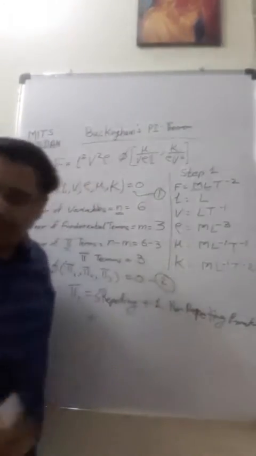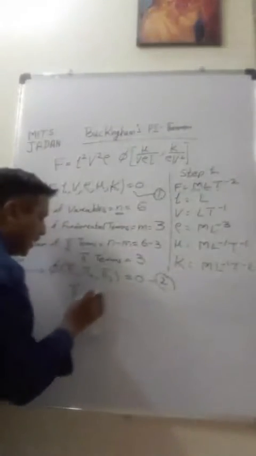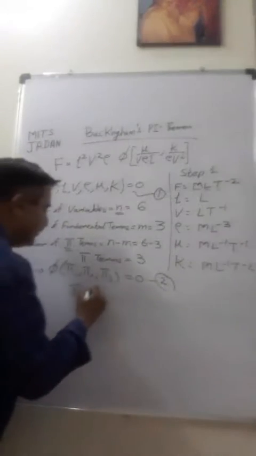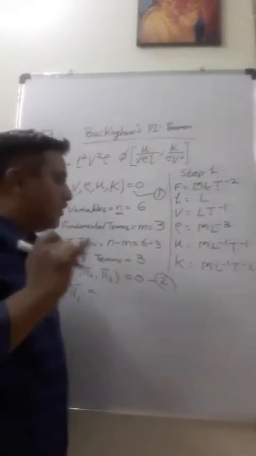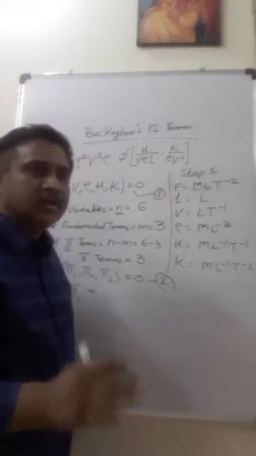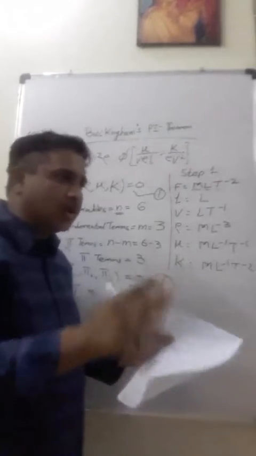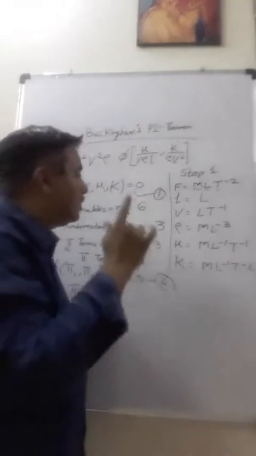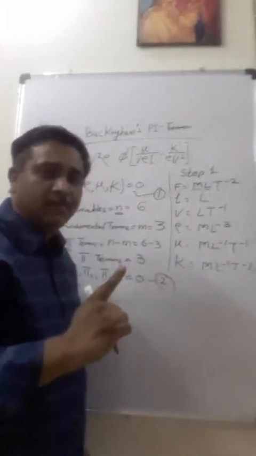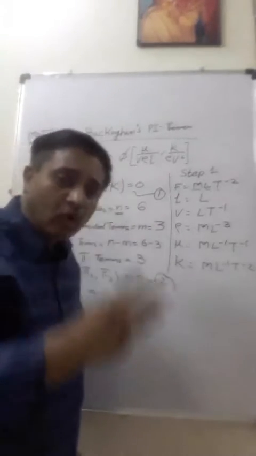Now let us solve this numerical. I am solving the first part. So the repeating parameters. Now how to select repeating parameters? It is a $1 million question. The idea is, first you select the simple parameters so that you can handle them and your calculation becomes easier and faster. Now how to select those? Select one geometrical parameter, second one flow parameter, and third fluid parameter.